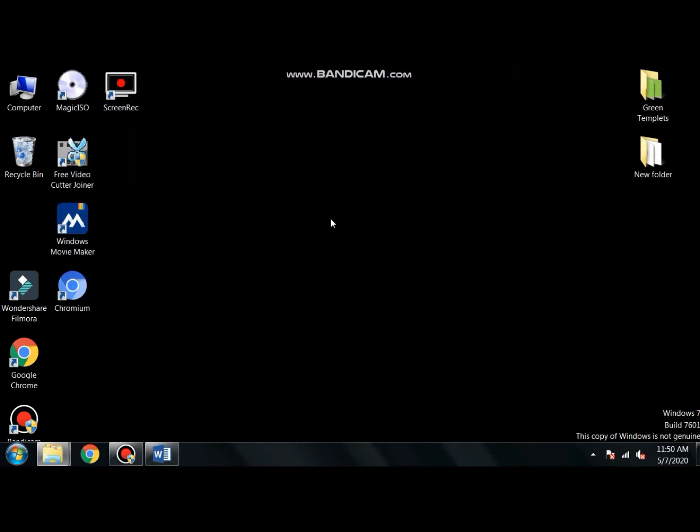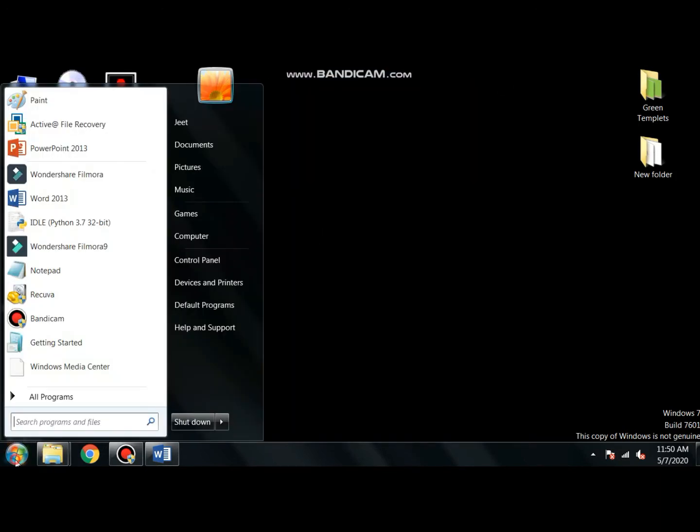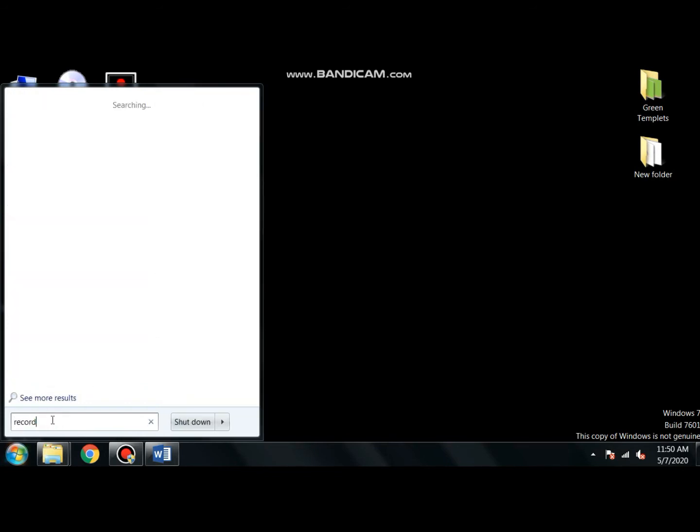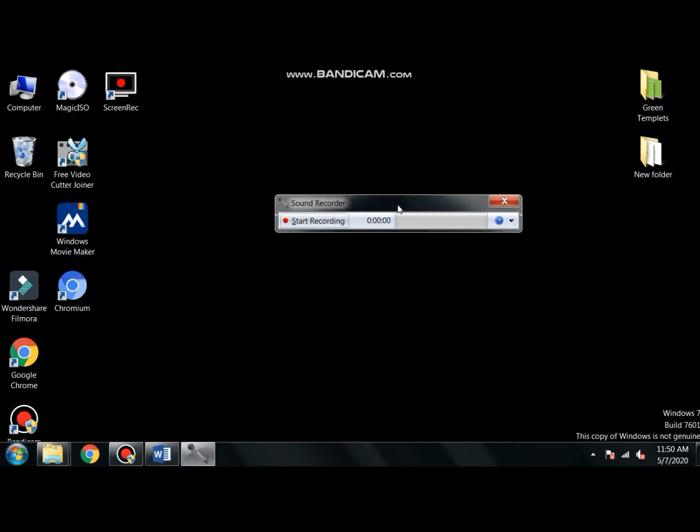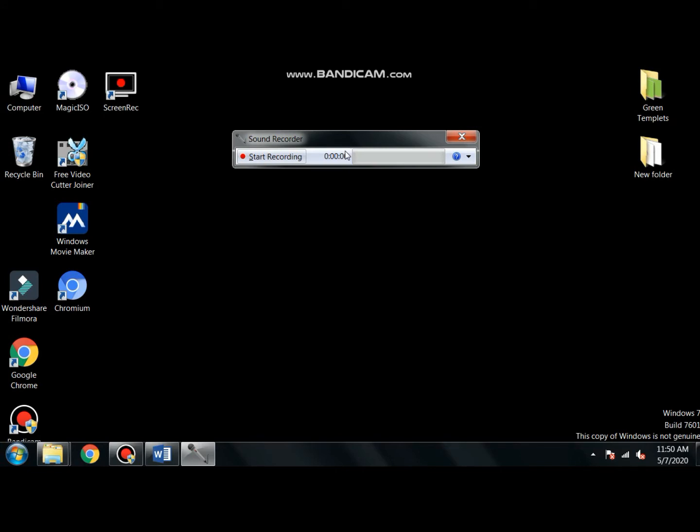Apart from this, the last topic is, suppose you want to record your voice on your computer. So you have the option Recorder, Sound Recorder. But for the Sound Recorder you need a mic. Here I'm not using the system mic, I'm using another mic. If you want to record something, you have the option Sound Recorder. You can record your voice. You need headphones, or use a mic separately. There are so many mics in the options, and you can even buy headphones.